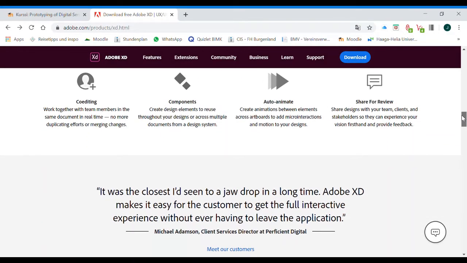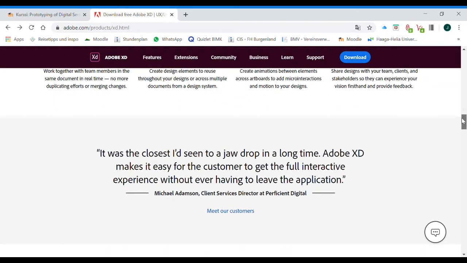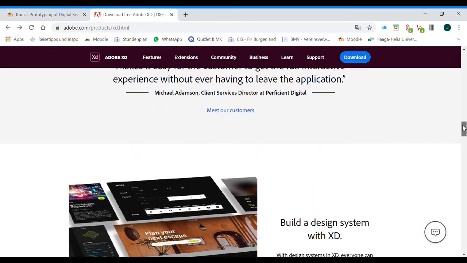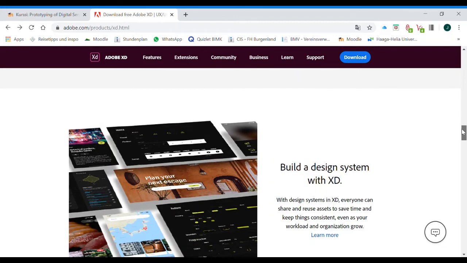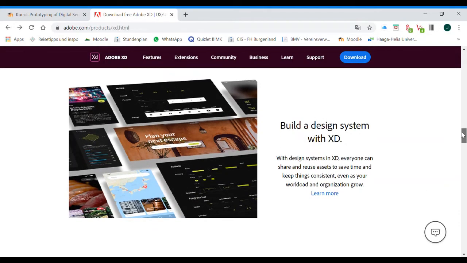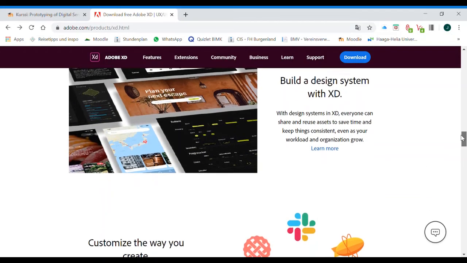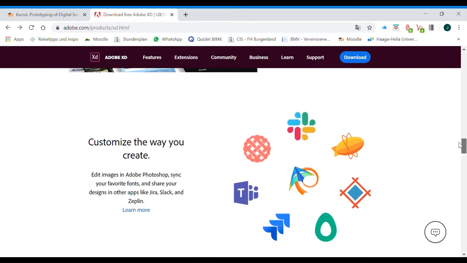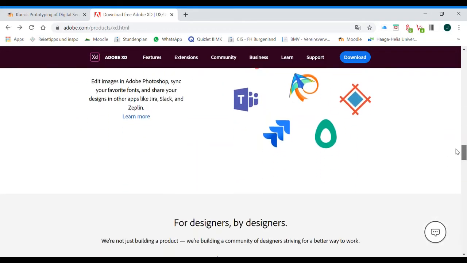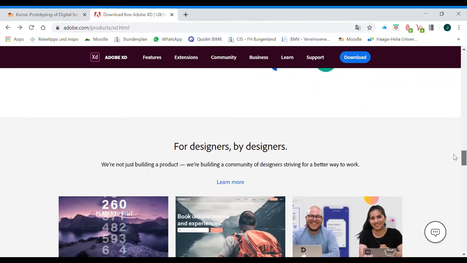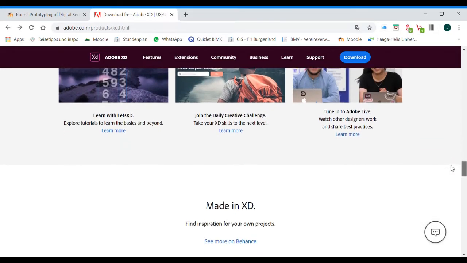Adobe XD is great for finding inspiration and motivation for your next project. Details are what separate you from the rest. Auto-animate by creating animations between elements in artboards, creating motion in your design that can give it a unique and fluid look. When downloading the app, choosing the right plan depends on how big you want the project to be